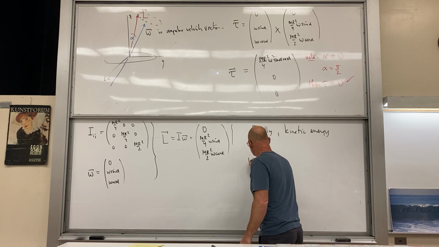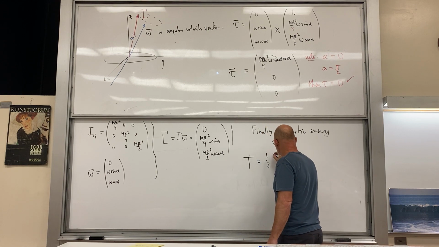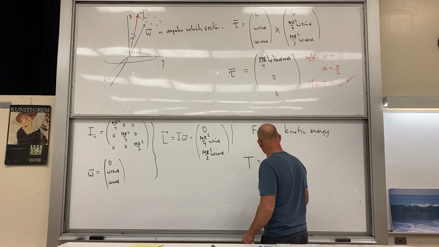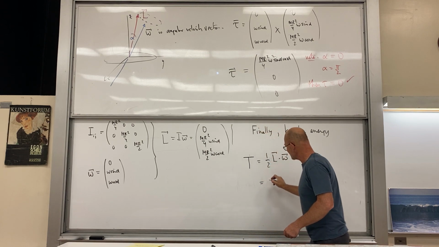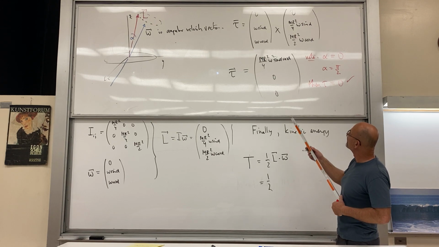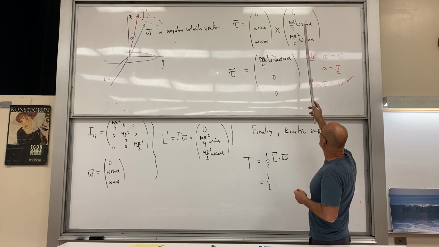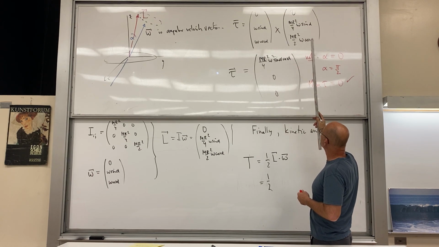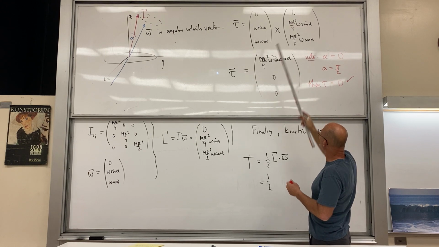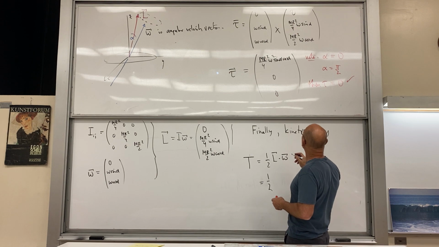And we'll go ahead and calculate it this way. T is equal to 1/2 L dot omega, as I wrote up there earlier. So we've got the 1/2, and we have L and omega up here. This was L cross omega, and now it's L dot omega. This is omega cross L. So we just take the dot product of those, and we have